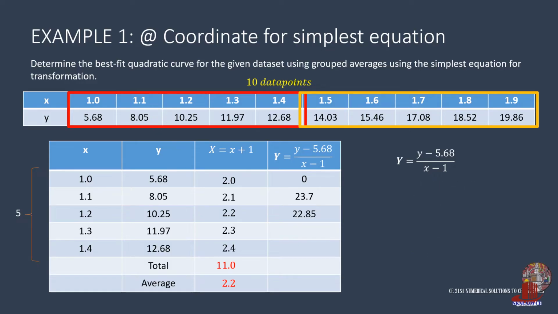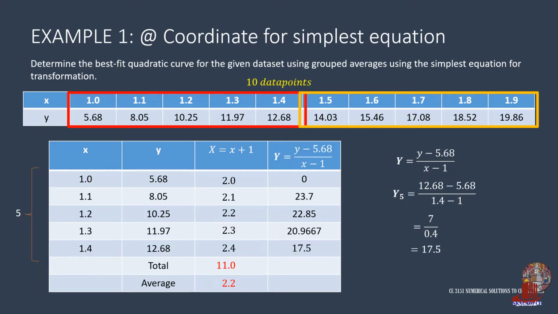The fourth capital Y follows the same pattern, so take 11.97 minus 5.68 all over 1.3 minus 1, which gives 6.29 over 0.3, simplified as 20.9667. The fifth capital Y is then 12.68 minus 5.68 upon 1.4 minus 1, which is 7 over 0.4,